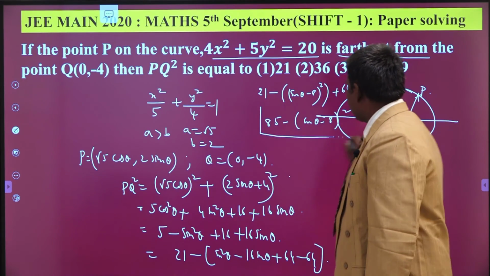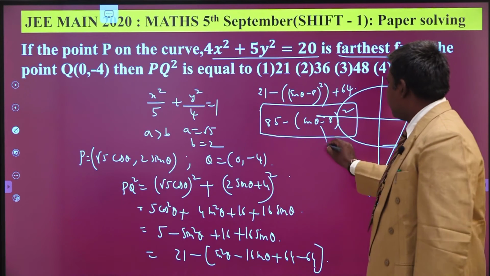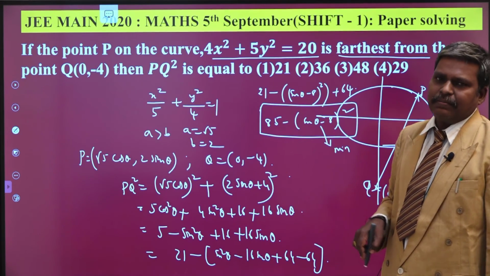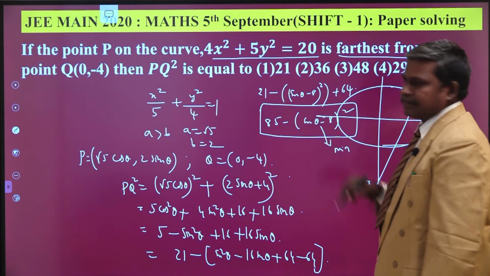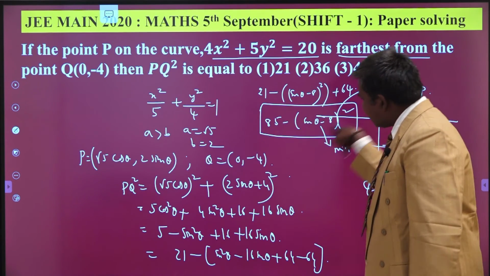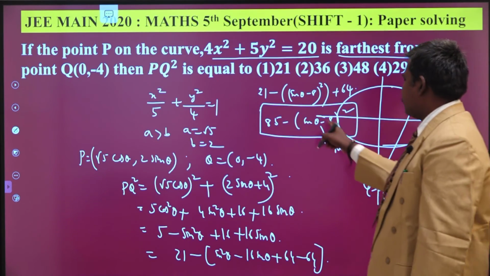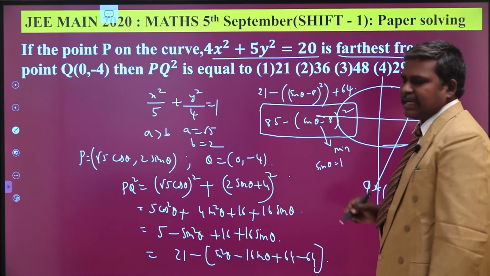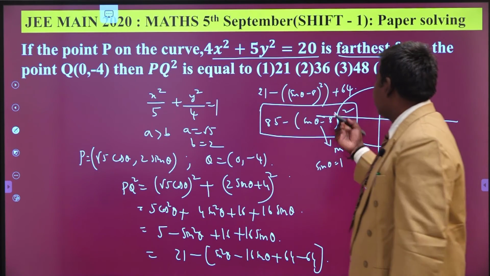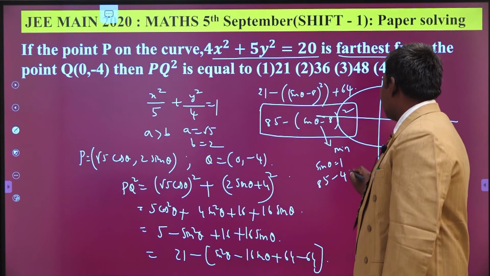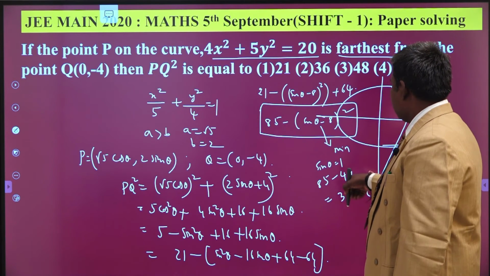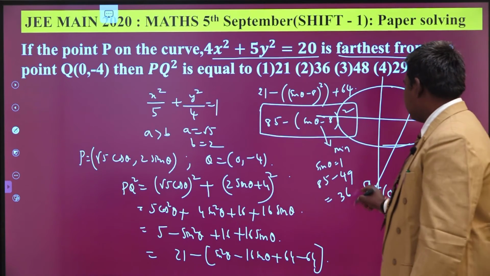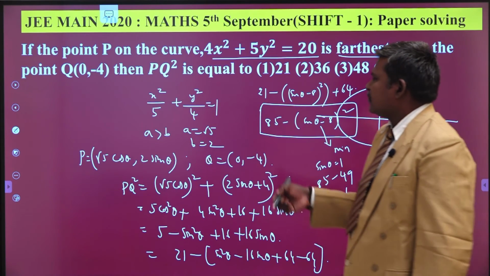We have to maximize this one. To get the maximum value, this should be minimum. Sin theta is equal to what? 1. When sin theta is maximum, this becomes minimum. Understand? When it is minimum, the entire thing becomes maximum. That is the logic. So put sin theta equal to 1 here. The maximum value of sin theta is 1. 1 minus 8 is minus 7. Minus 7 whole square means what? 49. So 85 minus 49 is 36. So 36 is your value, and 6 is the maximum distance.